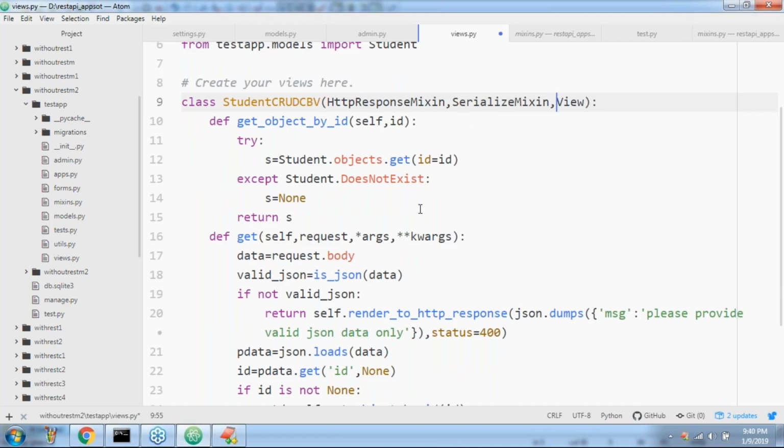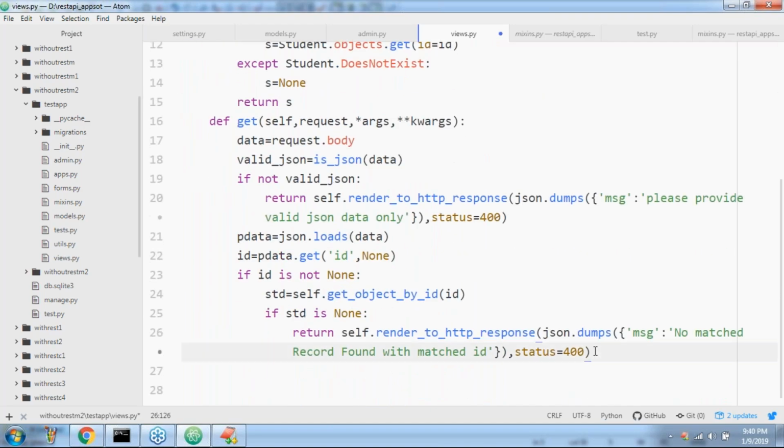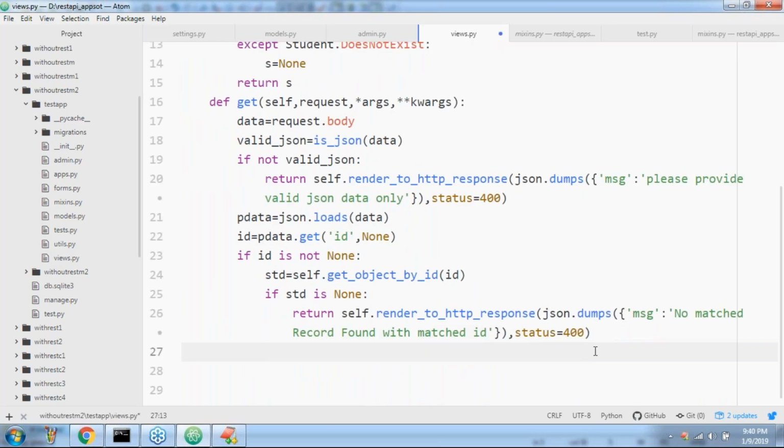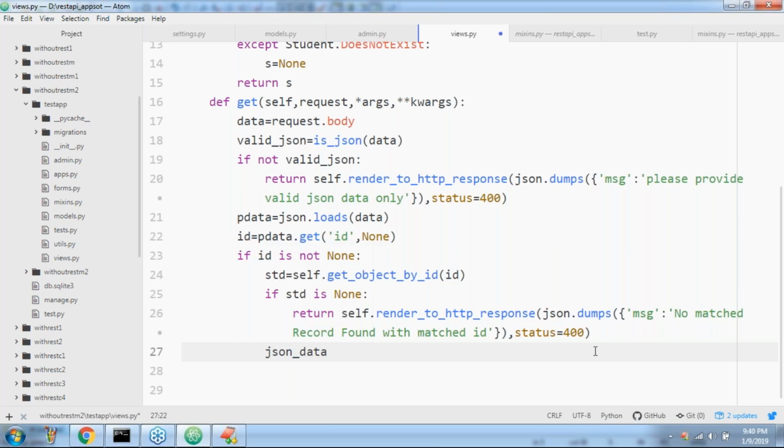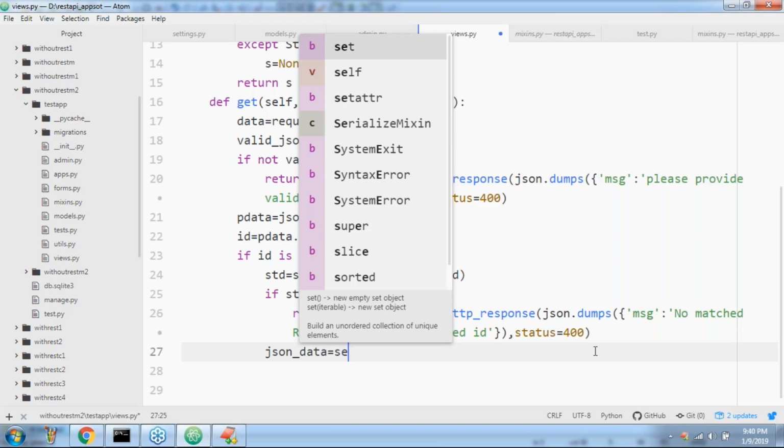Okay, well, now if the student is available, first we have to get JSON data. Are you getting? How can you get the JSON data? JSON data is equal to, sir, very simple, self.serialize. I'm calling that serialize method.